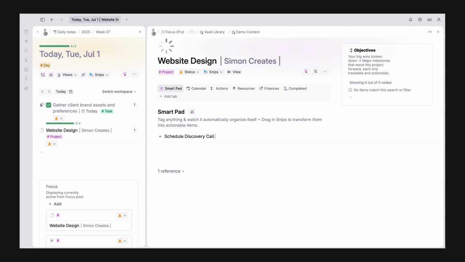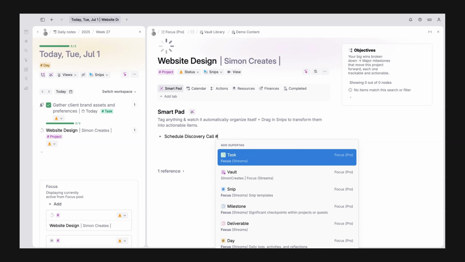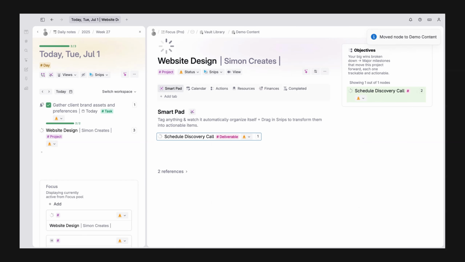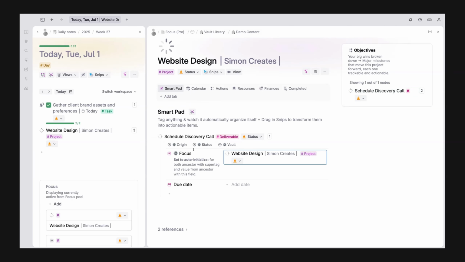I could always set this up as a deliverable, and that should place it in the related content block on the right. Now the SmartPad knows that's happening, it's all linked up accordingly according to the focus and according to the origin,